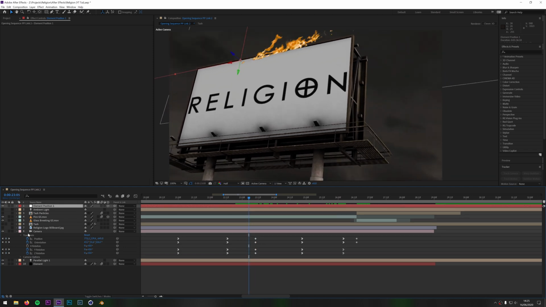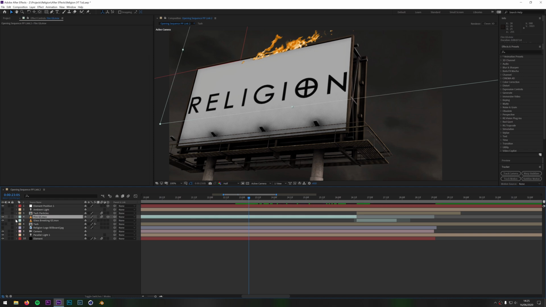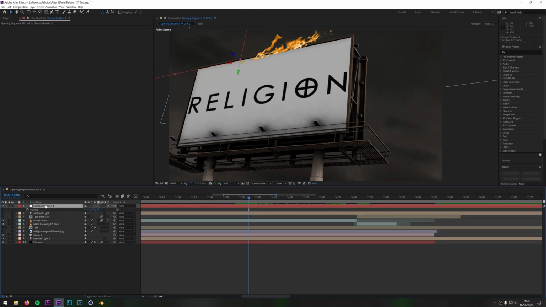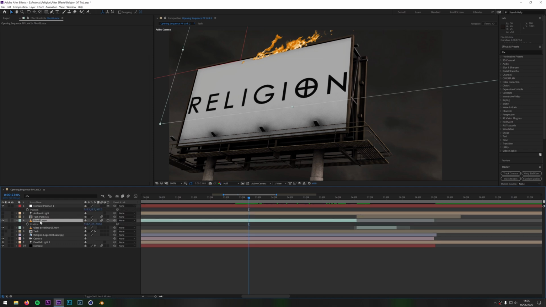So then all you do is you take your object, which happens to be the fire. If you hit P on that and P on that, you can copy by hitting Control and C that position to that position. So what you do is you copy the position of the null to the fire, and then you make the fire 3D. And then what that does is it basically just sticks the fire in the position of that null. And because it's 3D, it knows it's in 3D space as well. So make it 3D first, then copy the position to it.